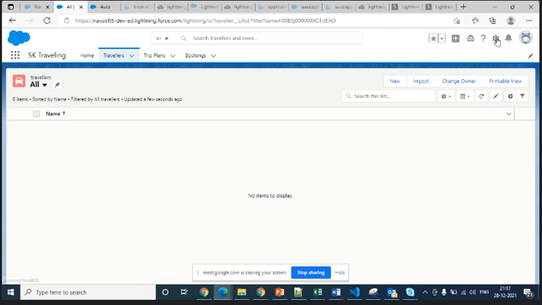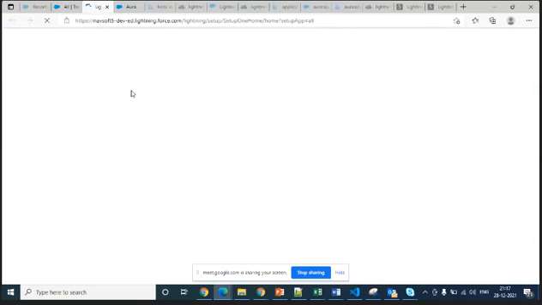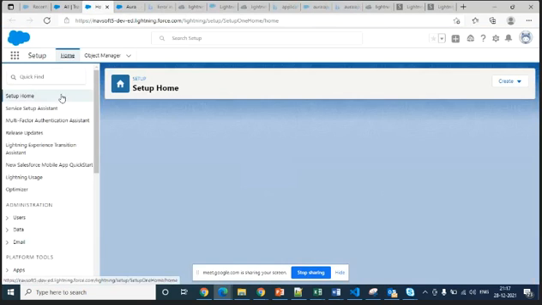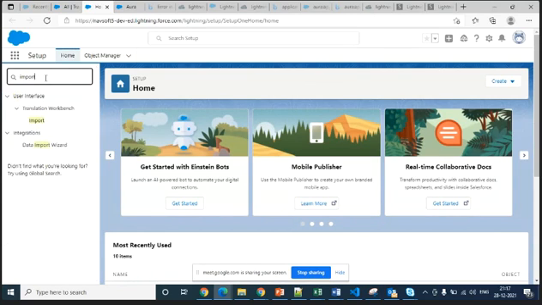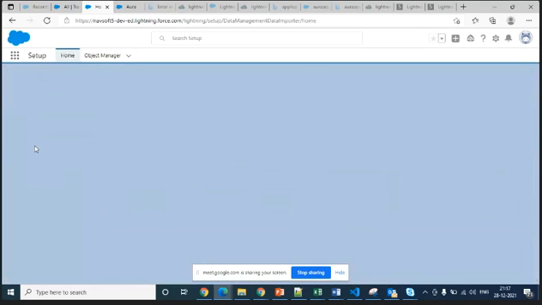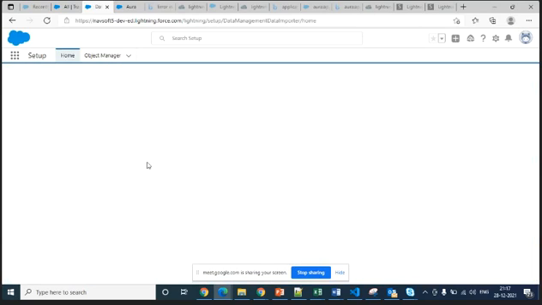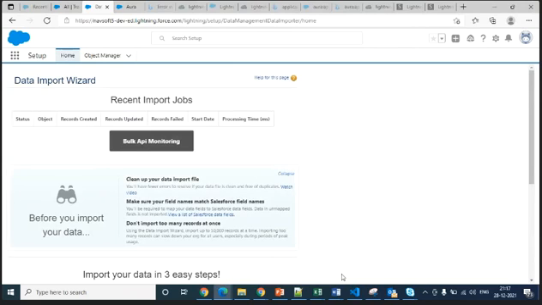Now let me try to insert the data through the import wizard first.